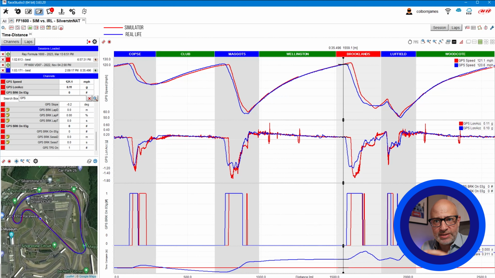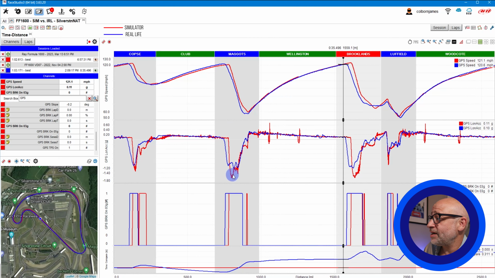So through that complex of Maggotts, by being braver on the brakes, by being more aggressive on the brakes. And you may be wondering, well, how do we know he's more aggressive on the brakes? Well, let's just have a look at that. You can see that here because this is the GPS longitudinal acceleration. This will demonstrate that the deeper that line goes down, the harder it is on the brakes because the more amount of GPS force is being used to slow the car. So you can see I'm later on the brakes and more aggressive on the brakes